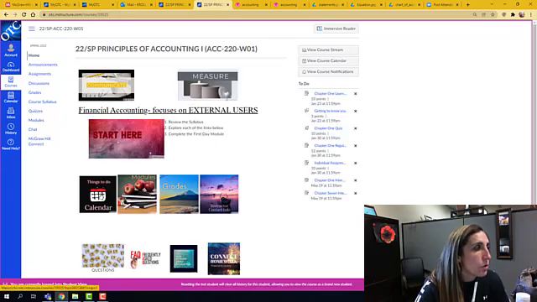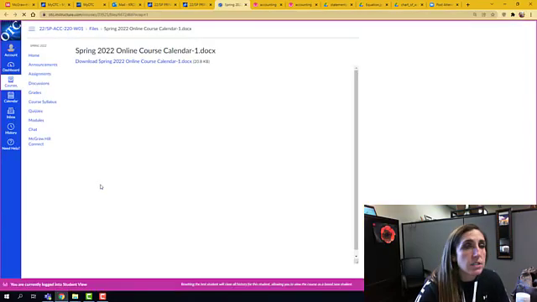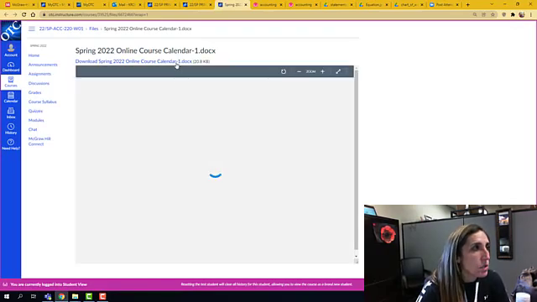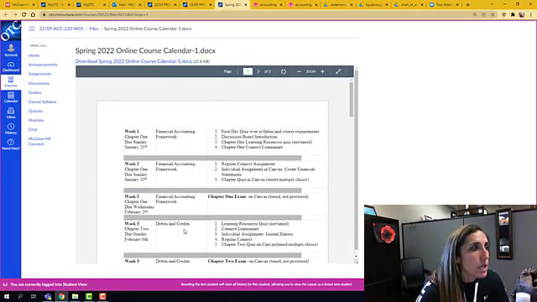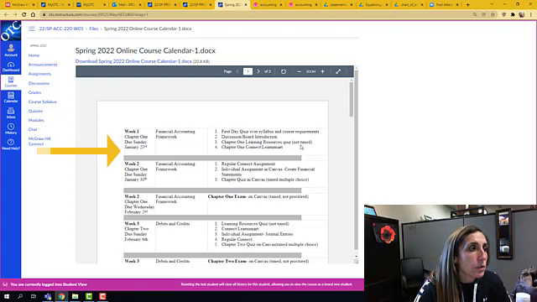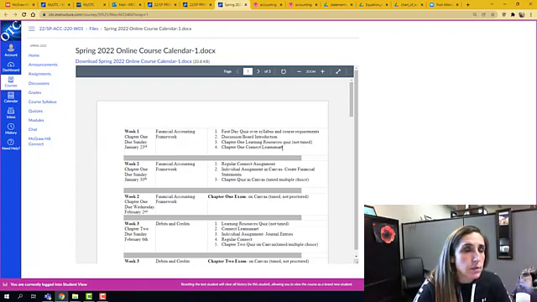Make sure that the second thing that you note is the due dates on the homepage there. In that calendar picture, things to do, you will see our tentative calendar. You will also notice that the due dates are mentioned below each item on the modules. This Sunday, you need to have completed this first block before January 23rd, the end of the day Sunday. You need to have done the first day quiz over the syllabus, our discussion board, our learning resource quiz for Chapter 1, and the Chapter 1 Learn Smart assignment.